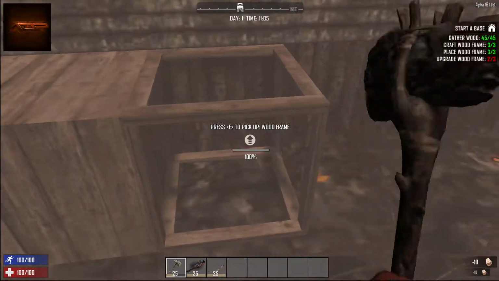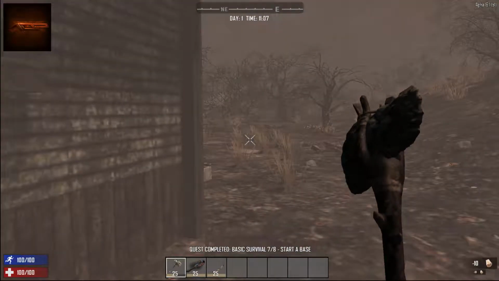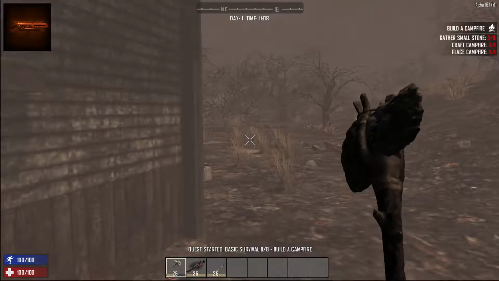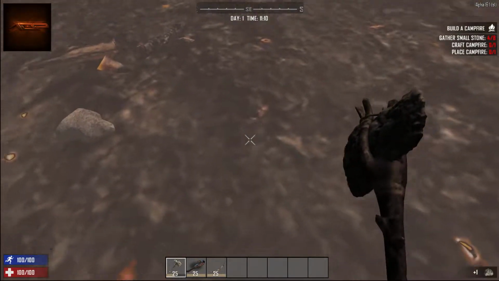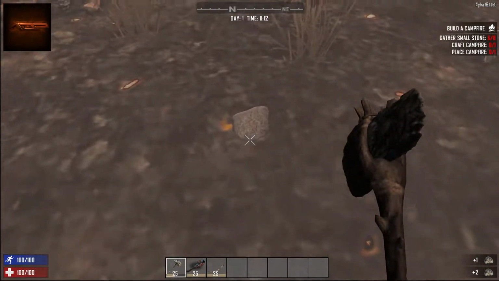You can upgrade it further, but for the quest, it's not necessary, and all I'm doing is getting the quest done so that I can move on to looting. And you can see at the top, it's day 1. It's about 11 o'clock in the morning, so I still have some time. So I need more stones so we can make a campfire. And I'm going to make the campfire inside the house